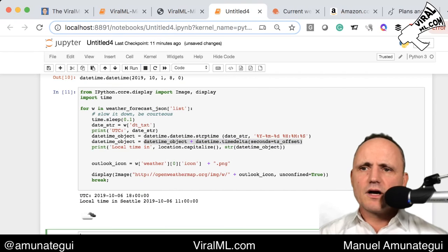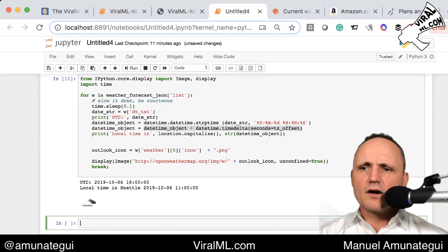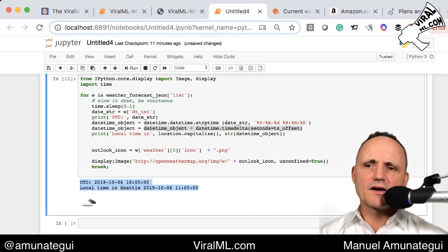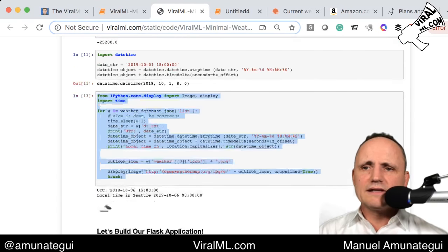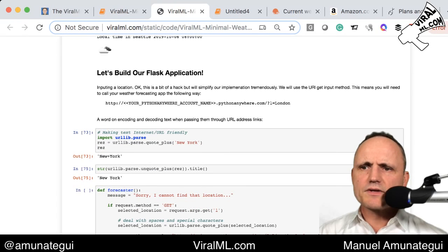So here we have to do, there it is, right? So the UTC time, it's 18. So now we can see it's 11 a.m. in Seattle. 11 a.m. when it was saying 6 p.m. UTC and cloudy, right? So basically that's what we have to do. Now let's wrap all of that into a clean little function so that we can,